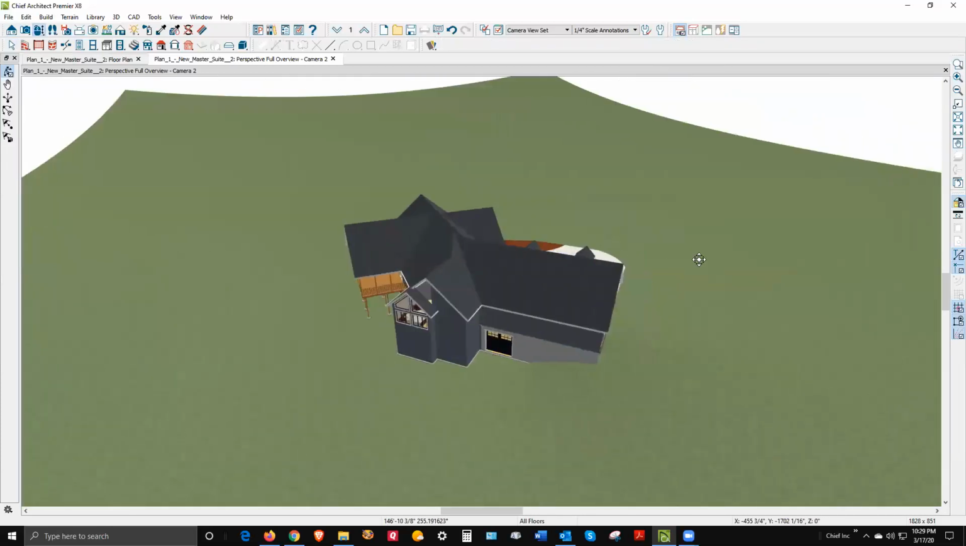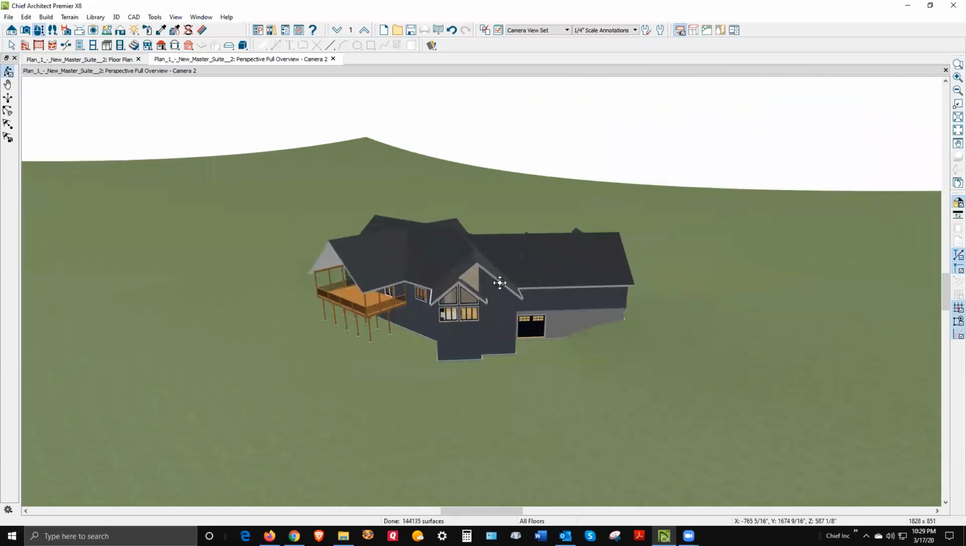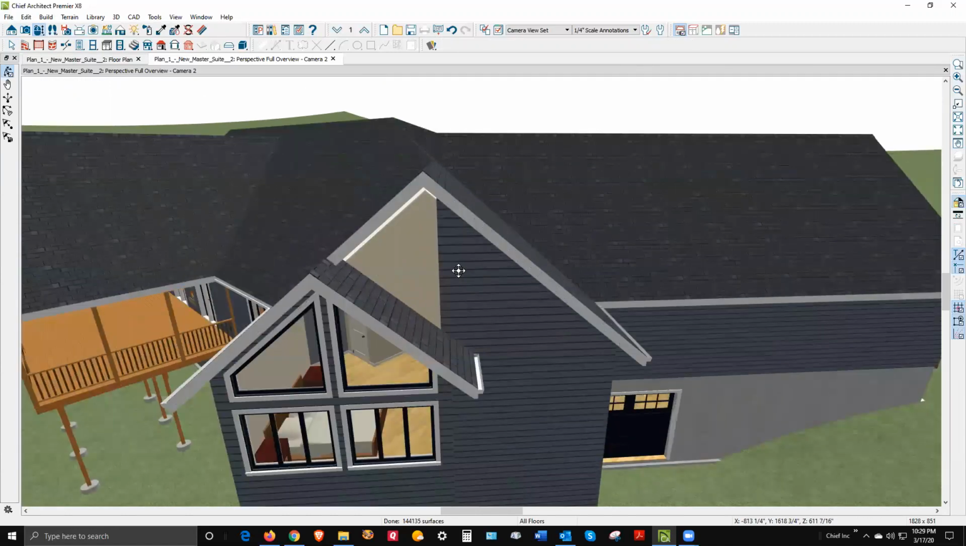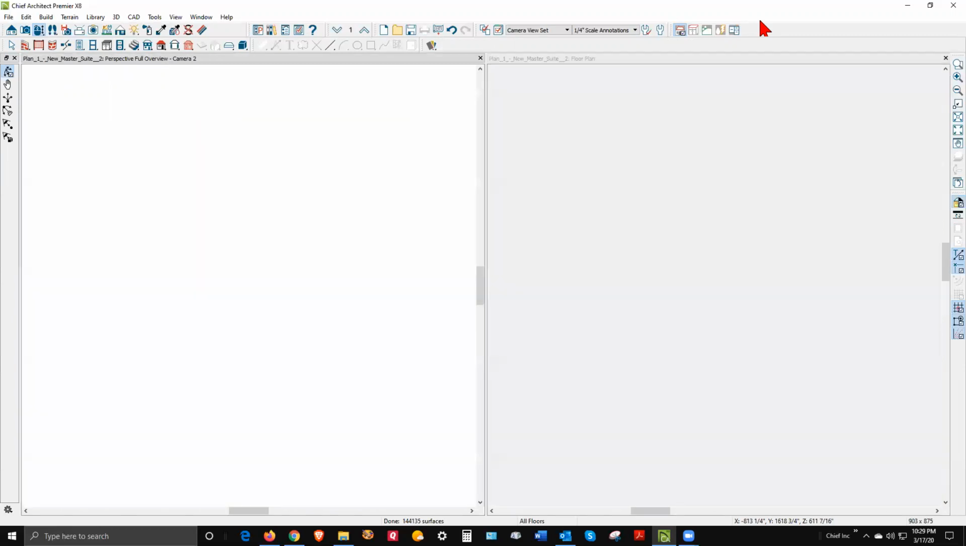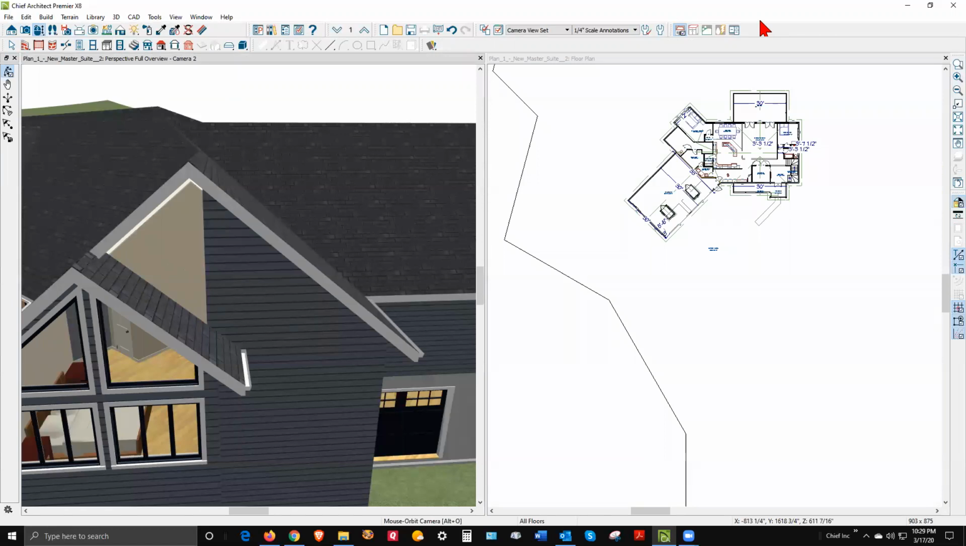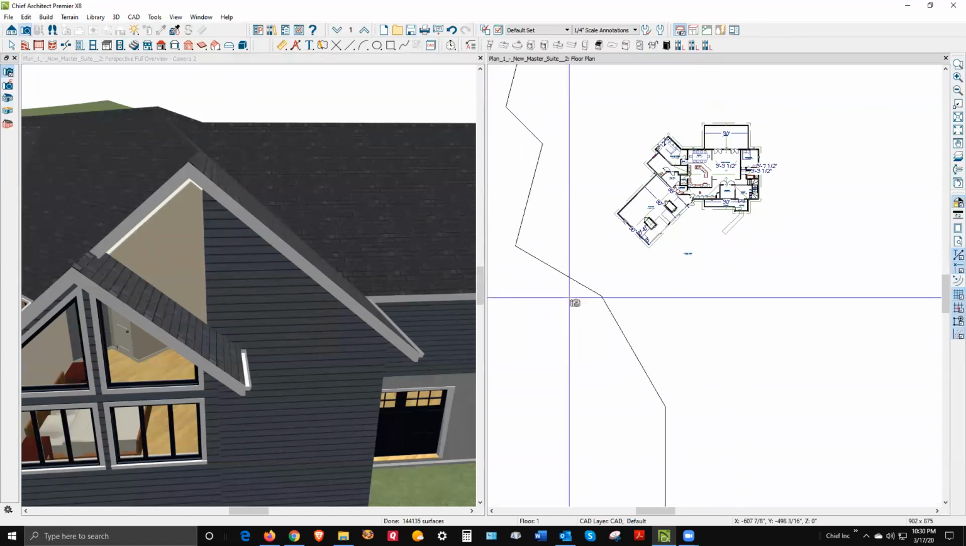Good job on the model, by the way. Looks nice. Okay, now I'm going to hit Shift and F6 on my keyboard to toggle screens. Now on the plan view screen,